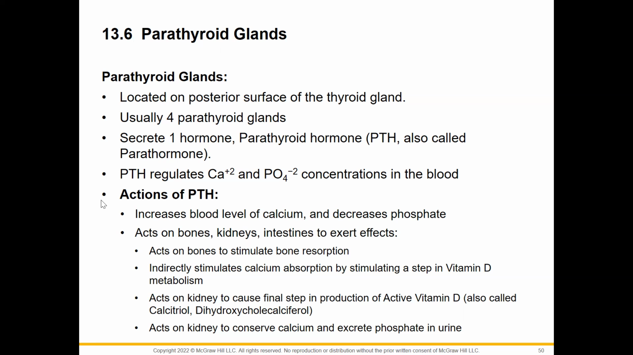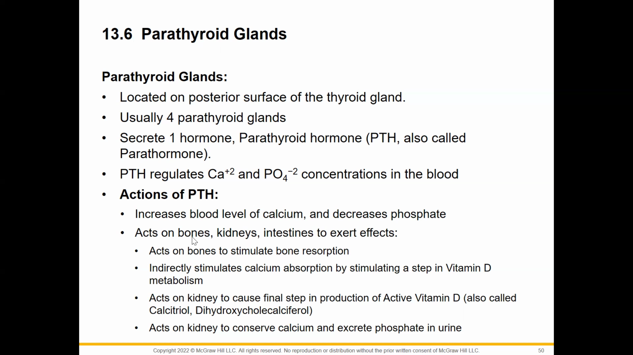The functions of PTH: it increases blood levels of calcium, it decreases blood levels of phosphate. Increases calcium, decreases phosphate. So parathyroid hormone has an effect on the bones, the kidneys, and the intestines. All right, now let's make it make sense. Why does this one hormone act on all three of those organs? And they're completely different organs, in completely different locations. Well,